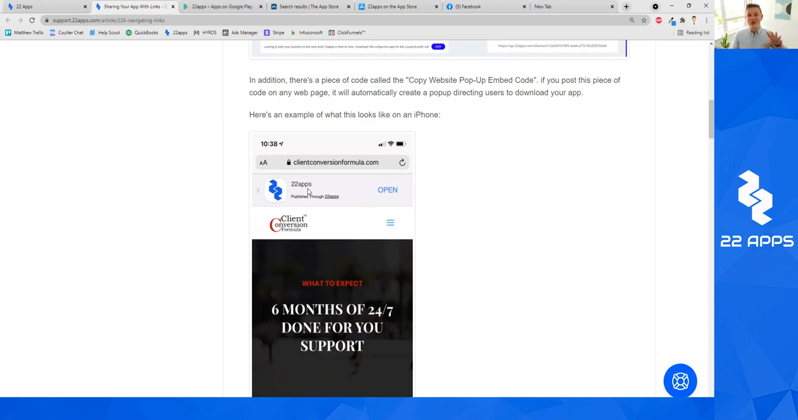So you can actually use this banner on your website to have people download your 22 Apps app. It'll have your own app icon and your own app name displayed here. And if they click open, it will open on Apple or Android, depending on what device they're using. So same as before. But basically, to get this to work